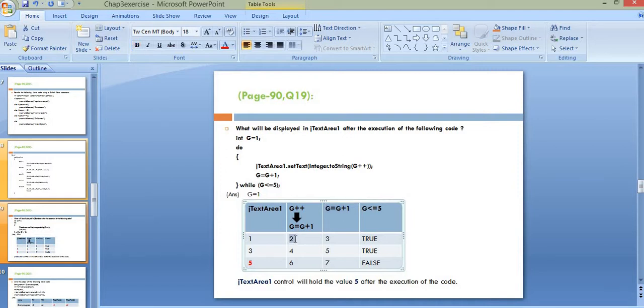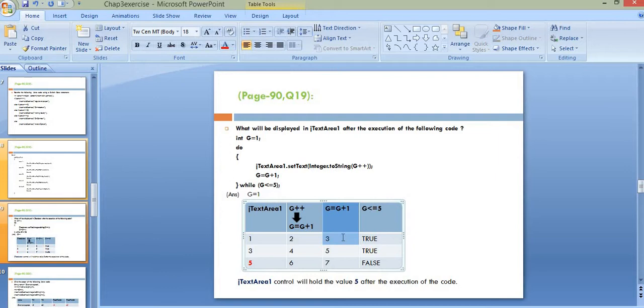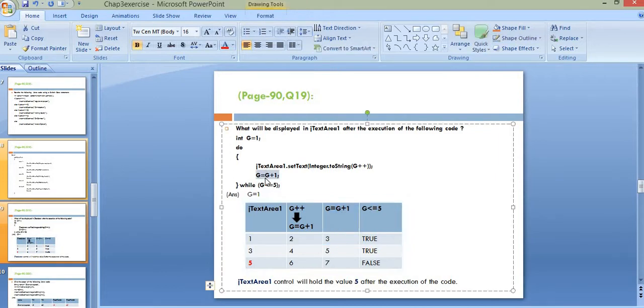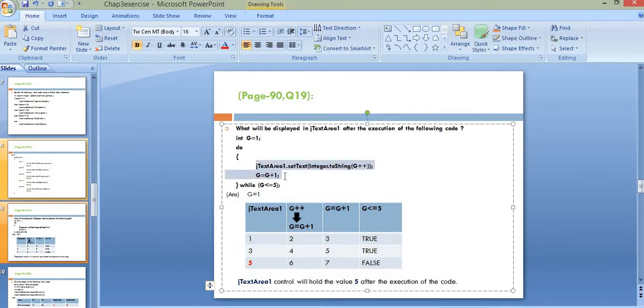Now as the previous value for the variable z was 2, so increasing it by 1 sets the new value for z as 3. So once this Java statement gets executed, we got the new value for the variable z as 3. Now once the execution of these two Java statements ends,